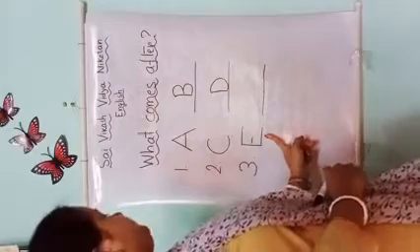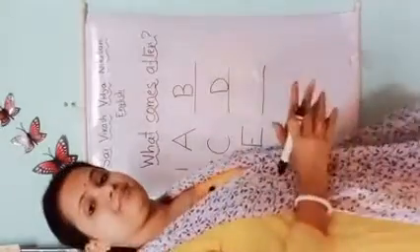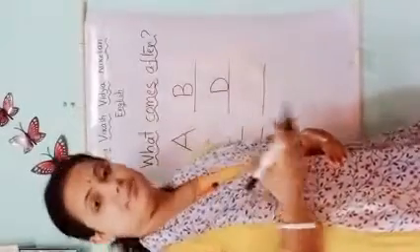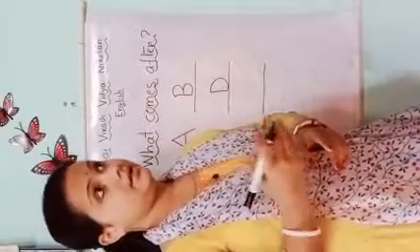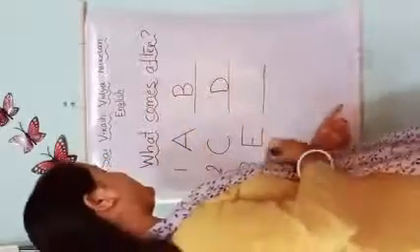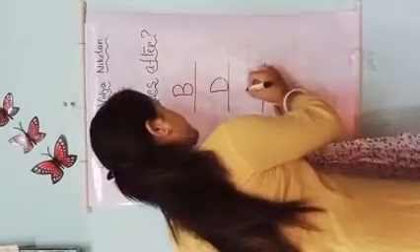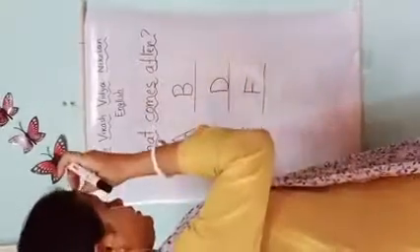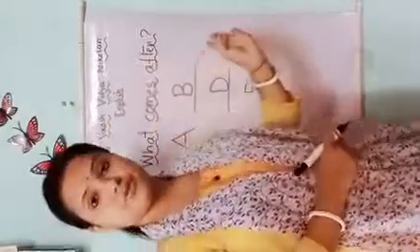Similarly, we have the letter E in the last. This is capital E. So, what letter comes after E? Say with me, recall all the letters. A, B, C, D, E, then F. Yes, we got the letter. So, F is the letter which comes after E. Right? Understood? This concept is clear to you? You practice at home so that you can easily recognize the letters. Okay, you have to practice more at home.